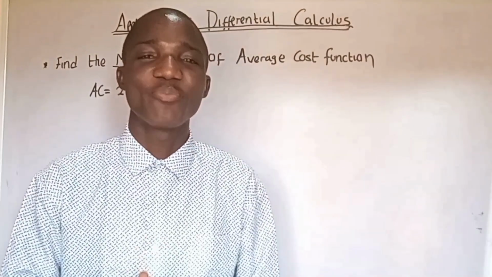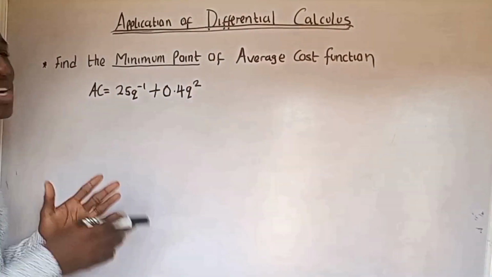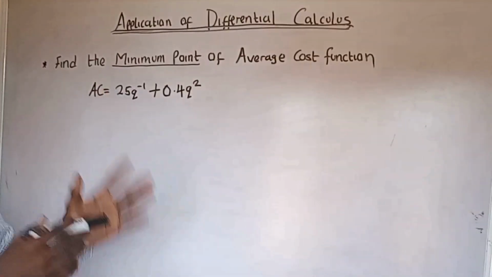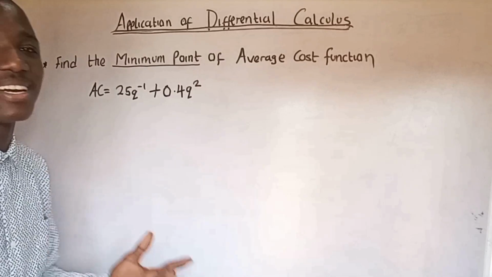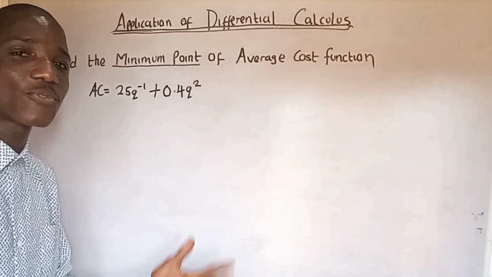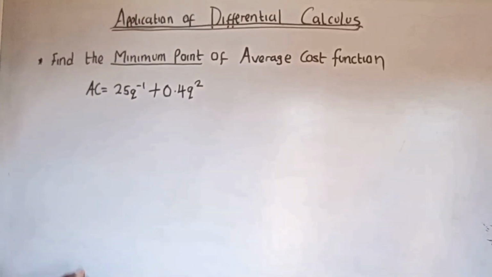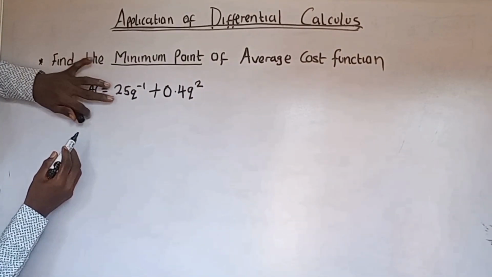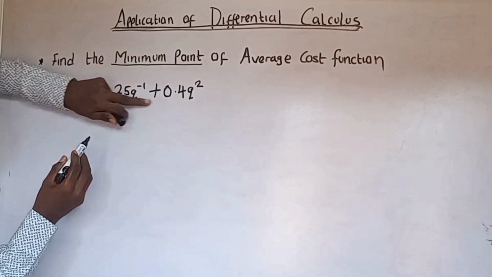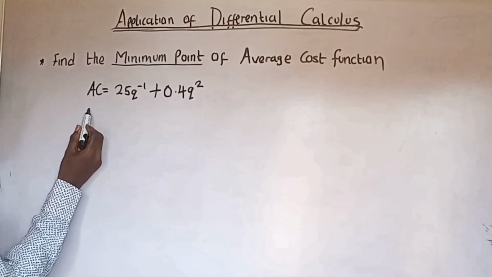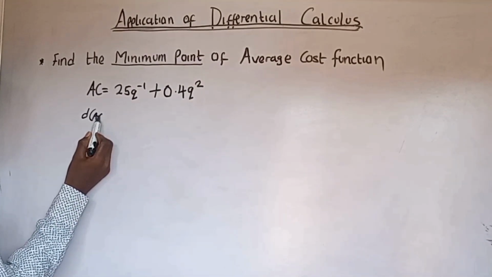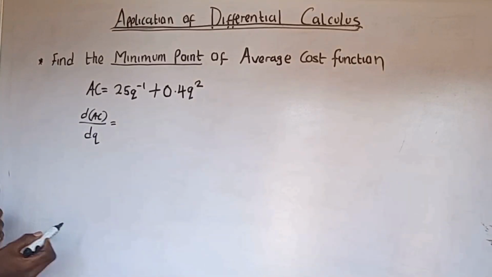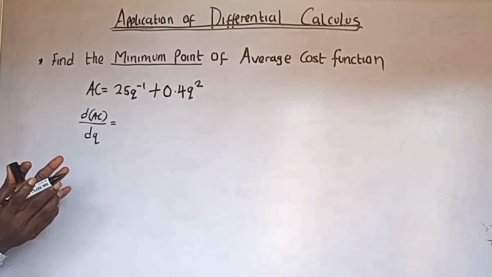To find the minimum point of this function, you have to take the derivative of AC. After taking the derivative, you set the derivative equal to 0 and you solve for q. Now, if you want to differentiate this function, I'm going to be differentiating with respect to q because it is q that I have as my variable here. So I'm going to have dAC over dq equals to,